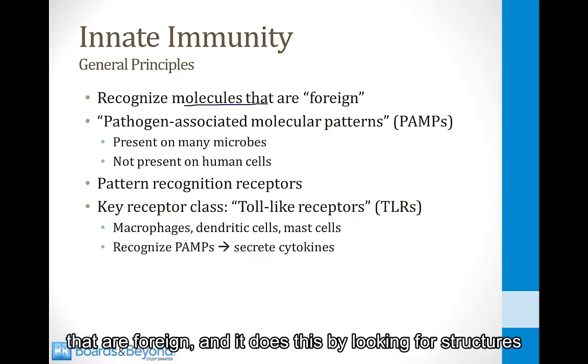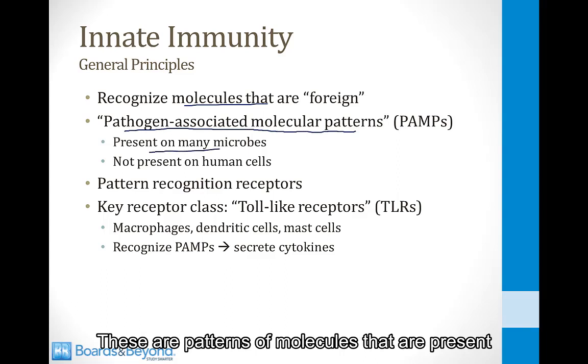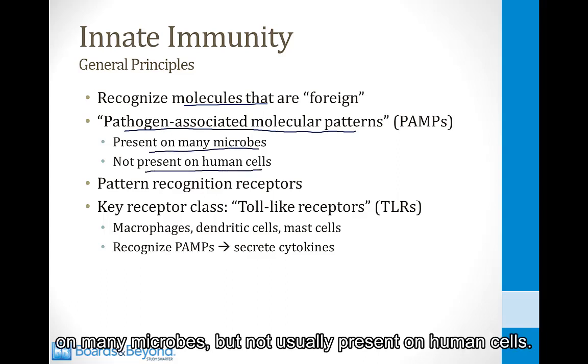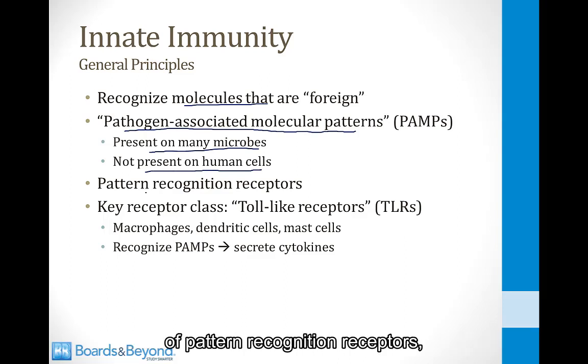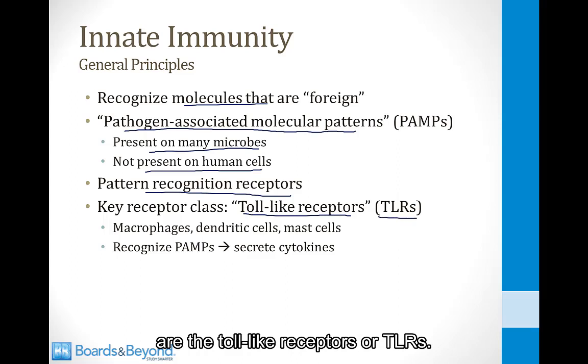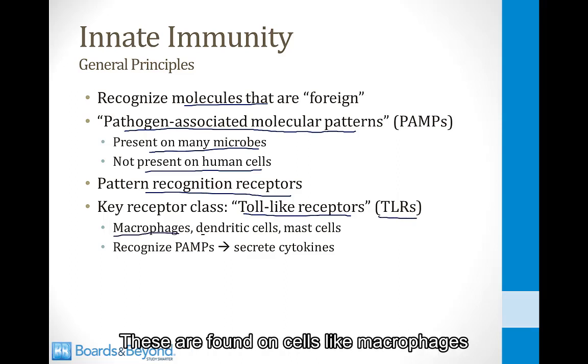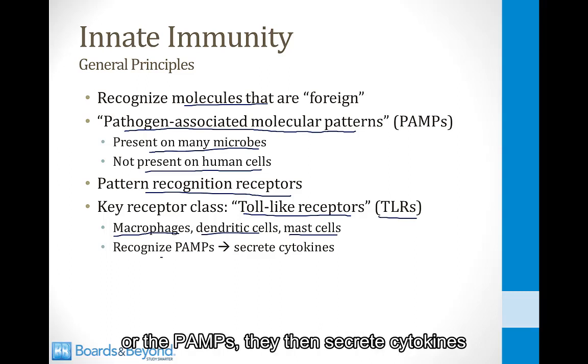that are foreign. And it does this by looking for structures on pathogens called pathogen-associated molecular patterns. These are patterns of molecules that are present on many microbes, but not usually present on human cells. And the way the innate immune system recognizes these structures is by the use of pattern recognition receptors. And one of the most important classes of pattern recognition receptors are the toll-like receptors, or TLRs. These are found on cells like macrophages and dendritic cells and mast cells, and we'll talk about this in a minute. And once these cells recognize the pathogen-associated molecular patterns, or the PAMPs, they then secrete cytokines which trigger an